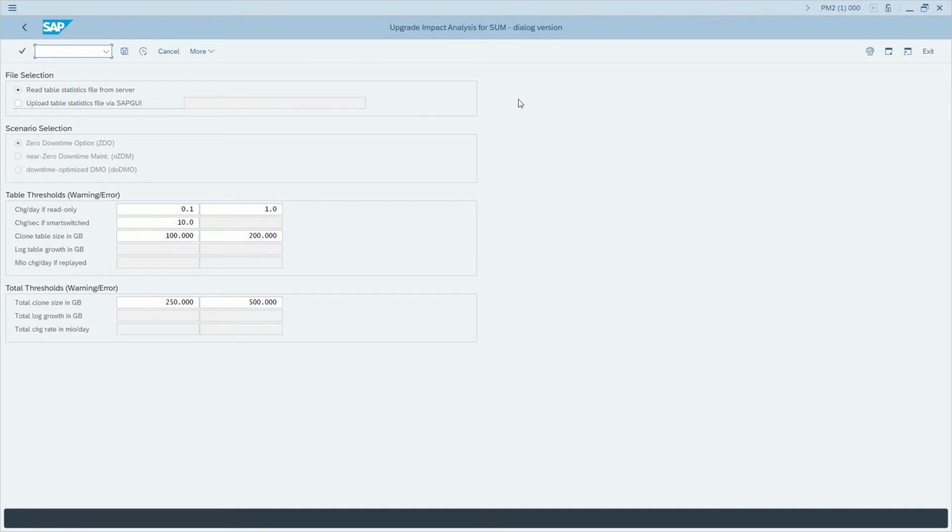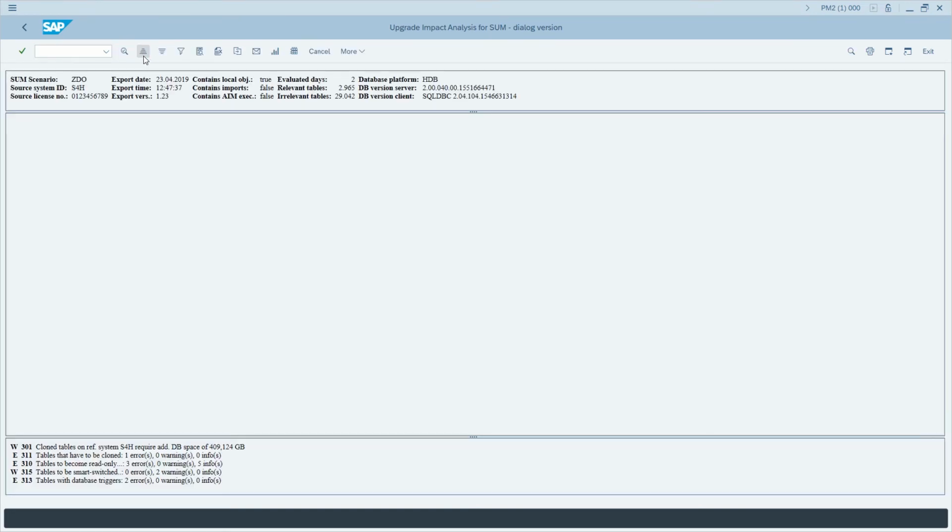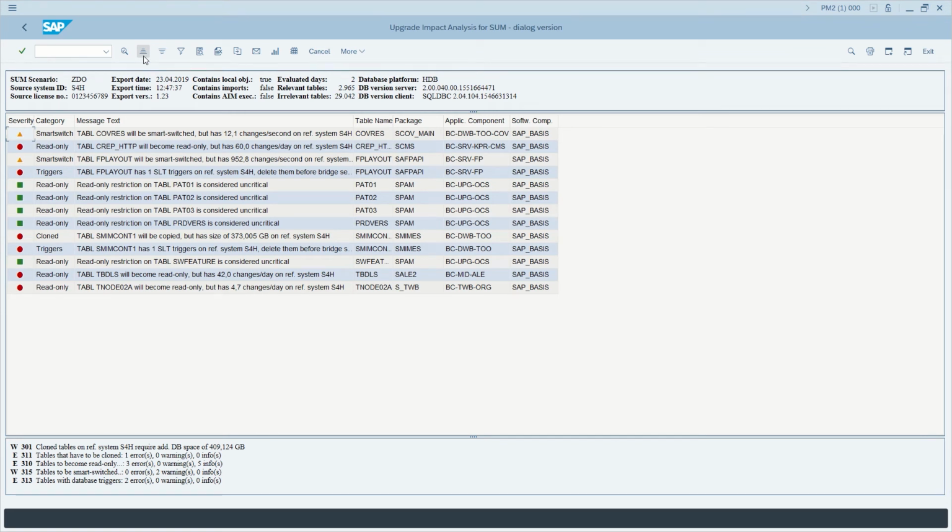I'm now logged on via SAP GUI to my sandbox system. I've executed the dialog version of the impact analysis via transaction SE38. On the selection screen, we're going to keep the defaults and just use the execute button in order to proceed. In the result of the impact analysis, we have header information that shows us where we have exported the statistics that has been used.